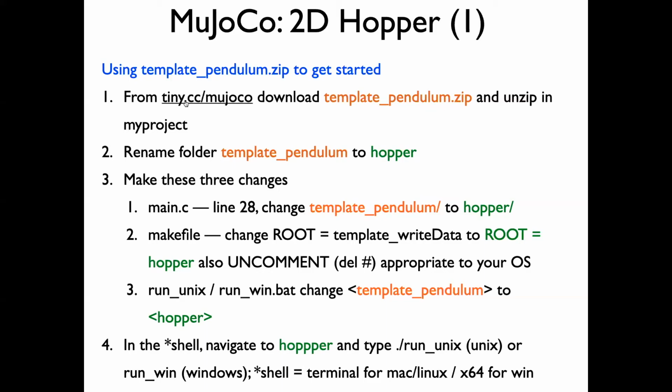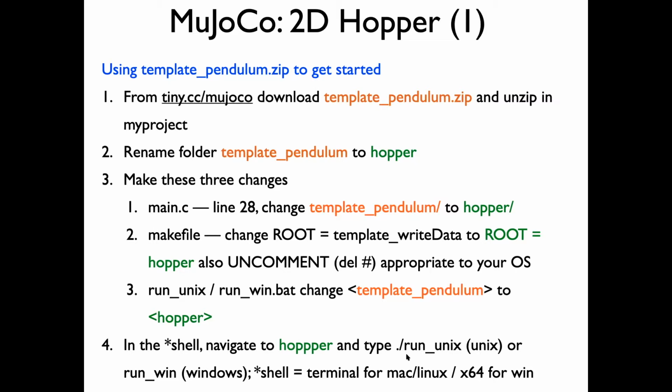Today's class, we will do the hybrid system, a 2D hopper. A 2D hopper because it will only move in 2 dimensions in the XZ plane. So again, go to tiny.cc/MuJoCo, download template_pendulum.zip, and do the usual thing. Rename it to hopper, make those 3 changes, and then in the shell,